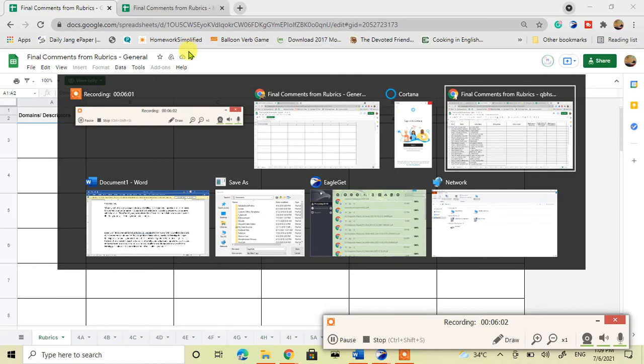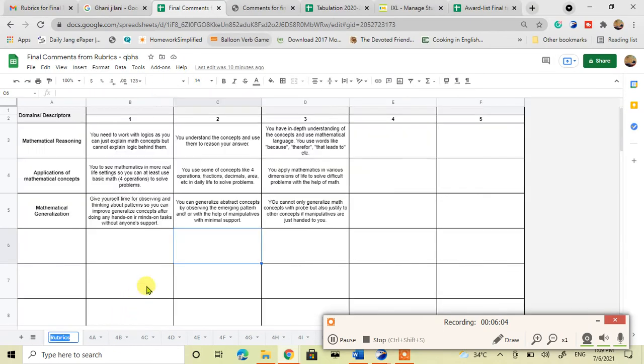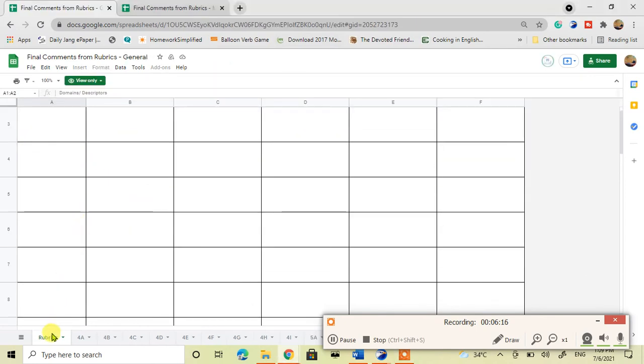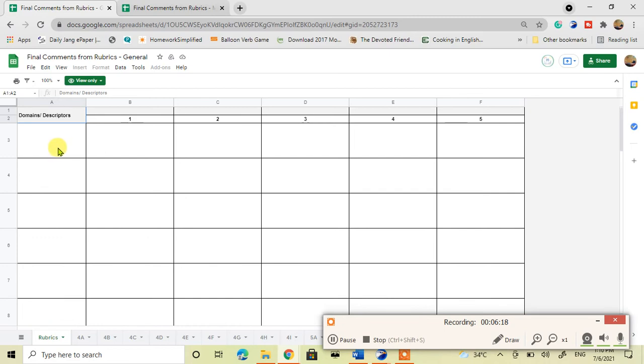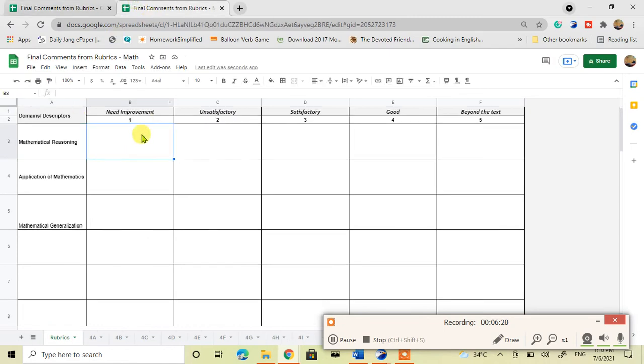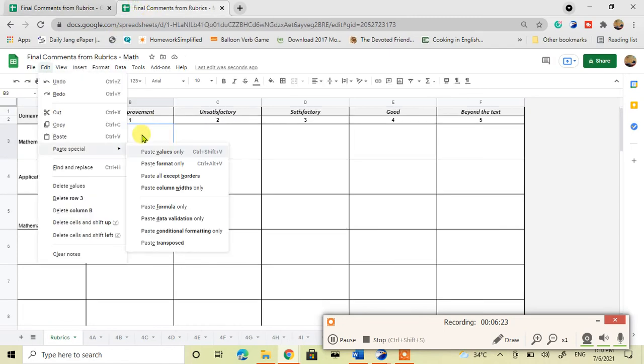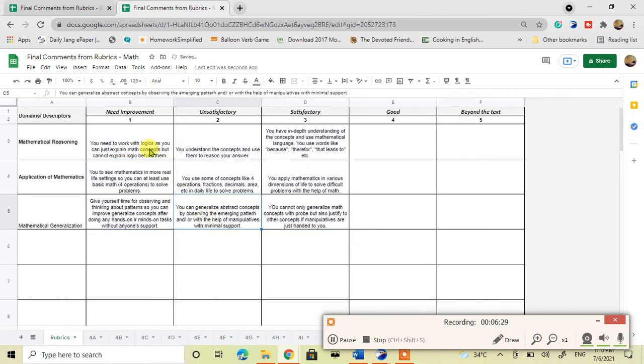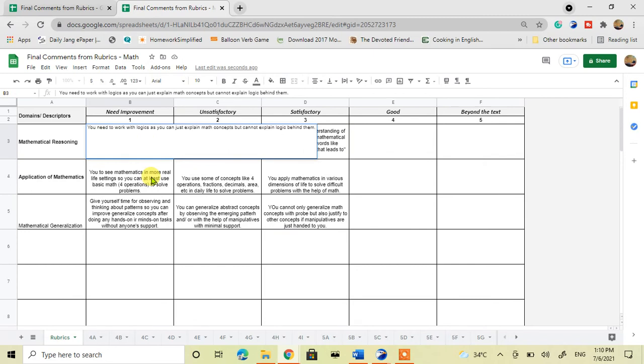Let me just open that file. Okay, in this file I have made this rubric. You can see I have written the descriptors. I have only 3 descriptors, so I have mentioned them here. So I'm just copying this and pasting it in my rubric. Sorry, this is not the file, this is the right file. Okay, so I have got these descriptors here, and now my model is just ready.